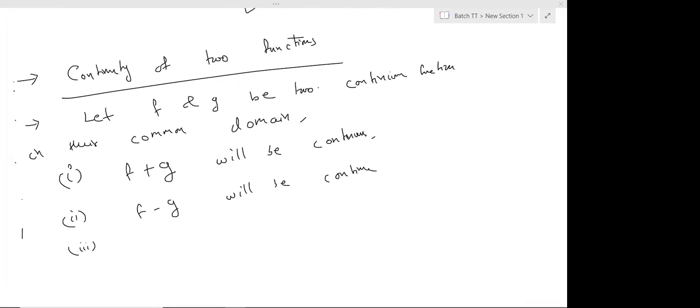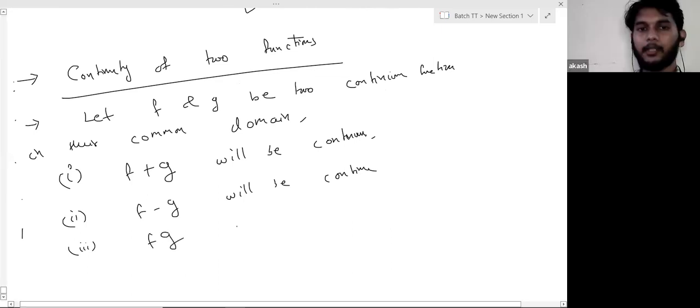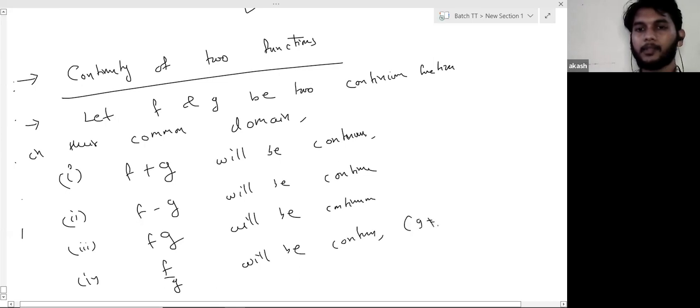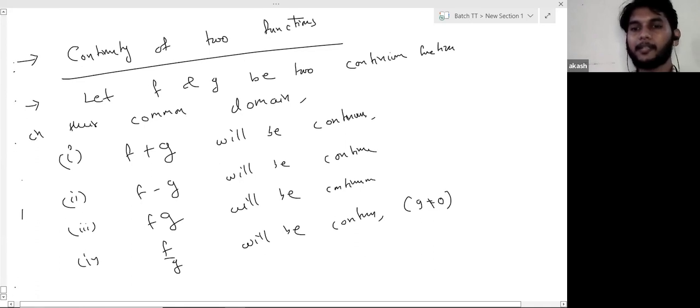All right. So f into g will be continuous. Just wait, give me 2 minutes, then I'll explain what we are doing today. All right. f upon g will be continuous, where g is not equal to 0. In the last class, we studied different types of questions they might ask in continuity, right? How to solve limits in those questions and so on. When you watch that lecture, you will completely understand everything.